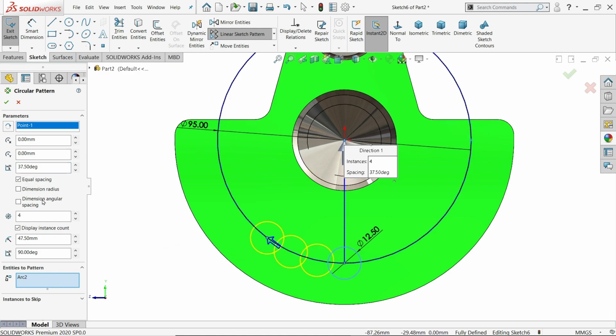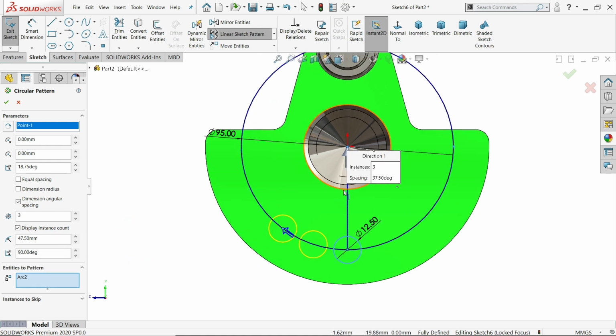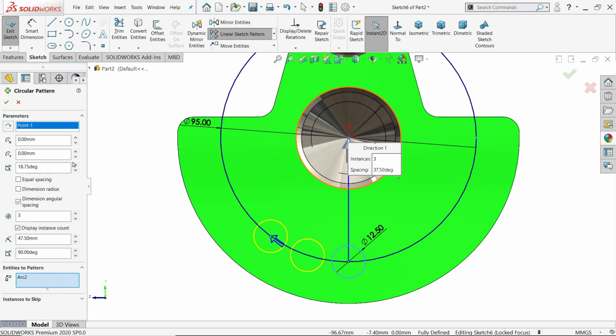See here, it's moving. Click here, three number of patterns. Unchecked. Okay, again 37.5. Now the angle between these two is 37.5.